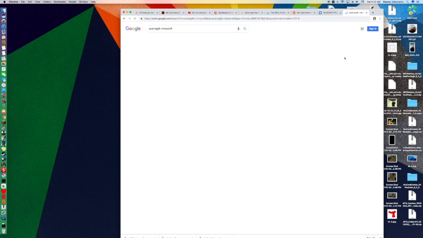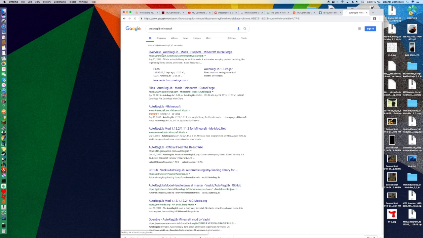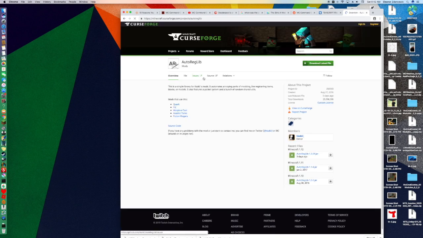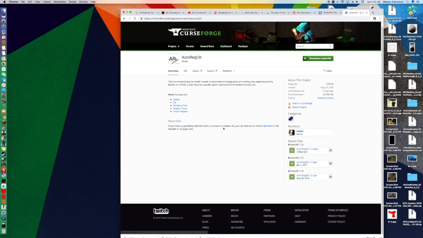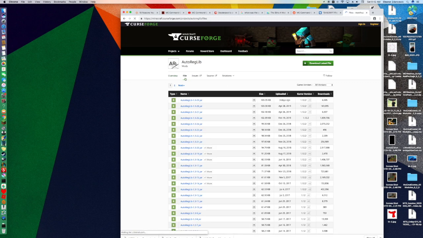Minecraft. And then, see, CurseForge is another really great one because it's so easy to download it. See, in its list it says Quark uses auto-reg-lib. Basically, it's a library for textures that it uses, pretty much, is what I'm pretty sure it is. Anyway, so all you need to do for CurseForge is you just click on File, and over here it says the game version, so we can just say 1.12.2, so we can click on the little download button,